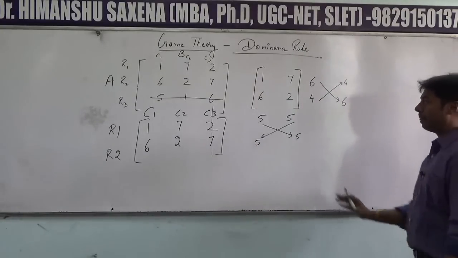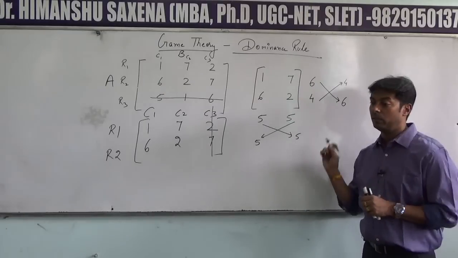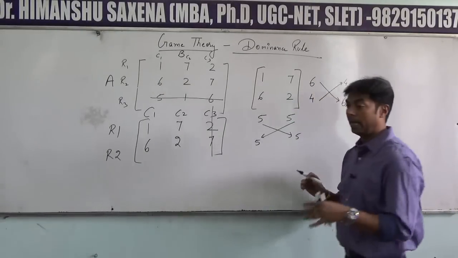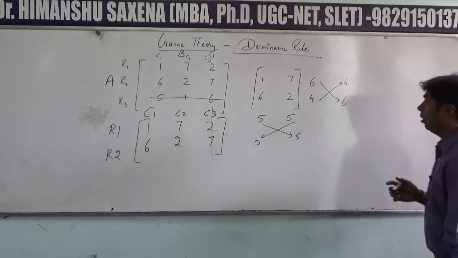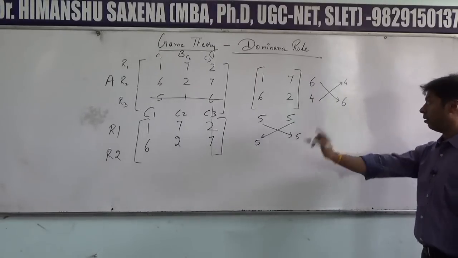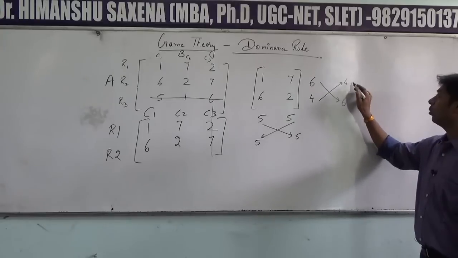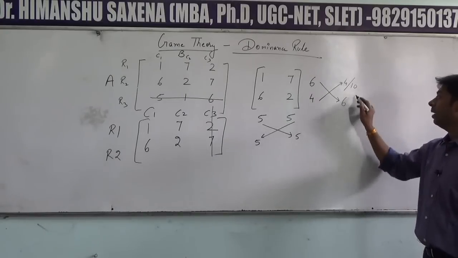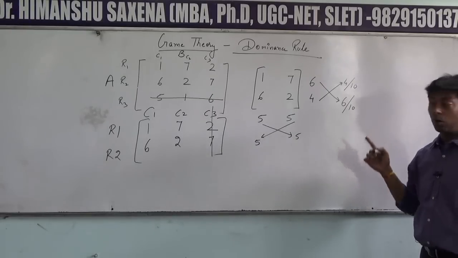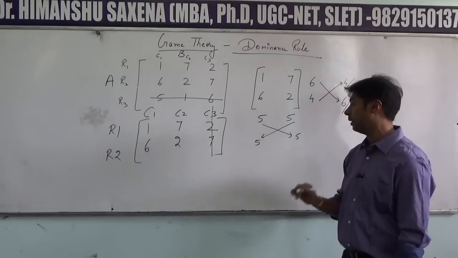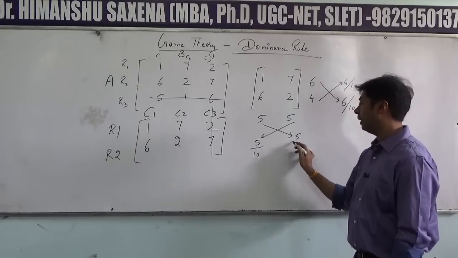Right? So what have we done? Initially we calculated the absolute differences between the elements of the rows and columns, and then we interchanged them. Now we have to divide by their oddments. Oddments refers to the totals of these elements. So 4 and 6 total 10, and this will be divided by 10. Similarly, 5 and 5 total 10.